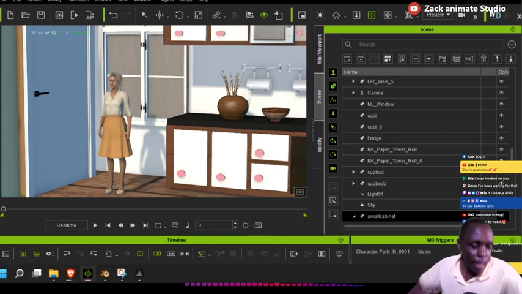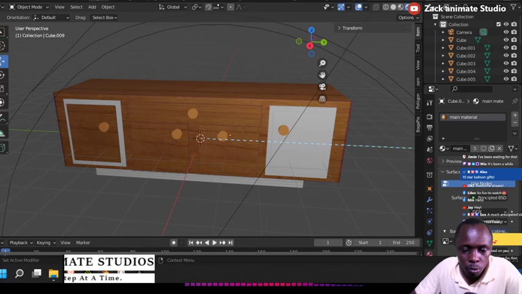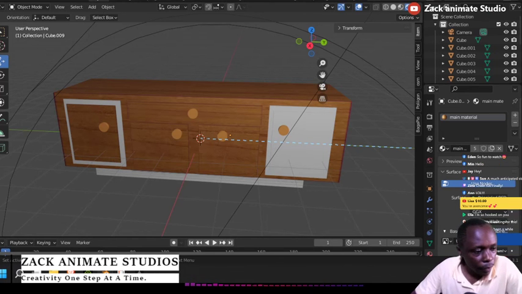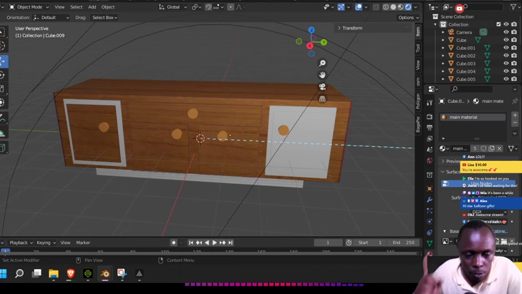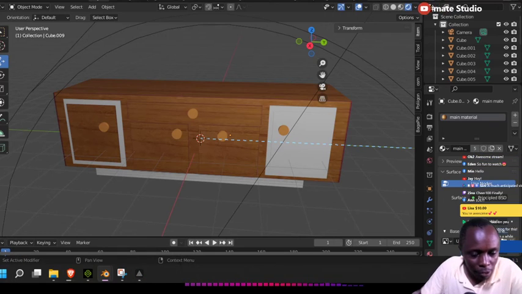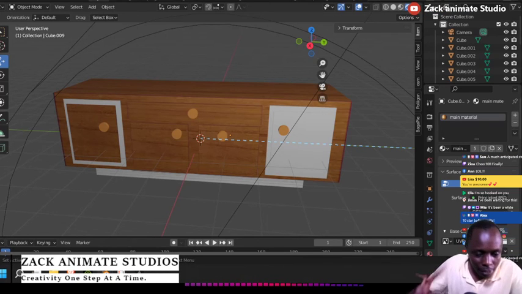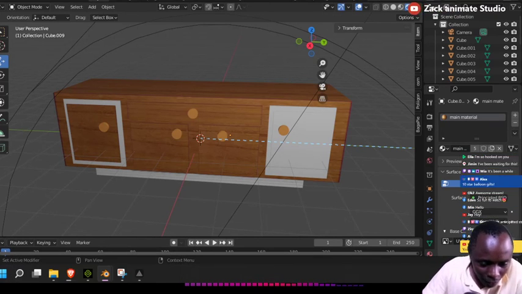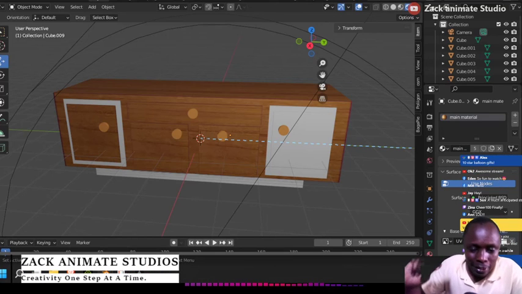So I will teach you how. I will create a 3-minute video of how to create these cupboards. Let me use the techniques. There is using the boolean tool, the